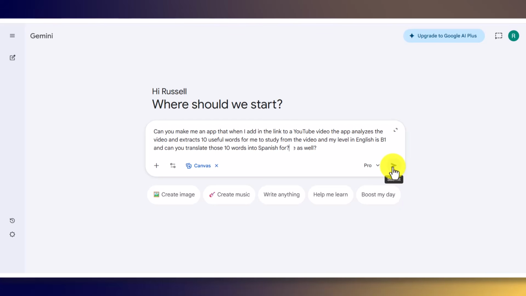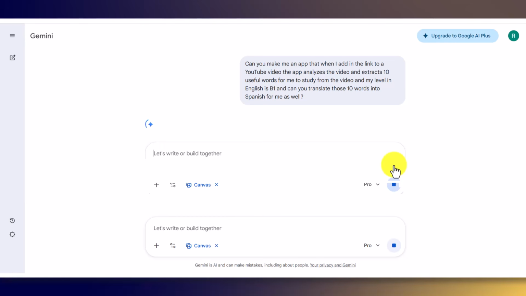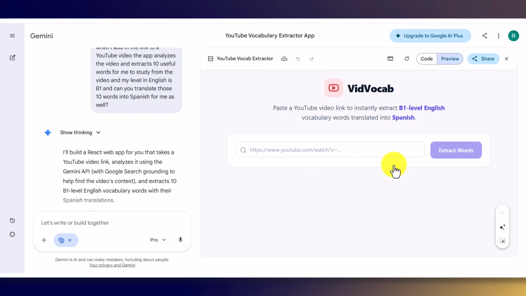So that is it. That's all I need to do. Now I'm going to click on this button to stop the recording. Now click again to send that. And I'm hoping it's going to start to make that app for me. Now what will actually happen is in a minute it's going to start doing the coding. And there it is. The app is ready.